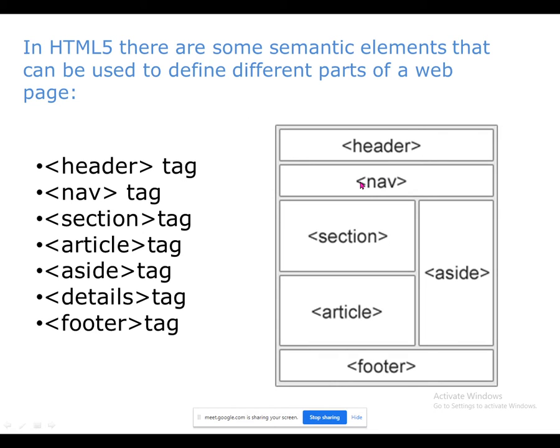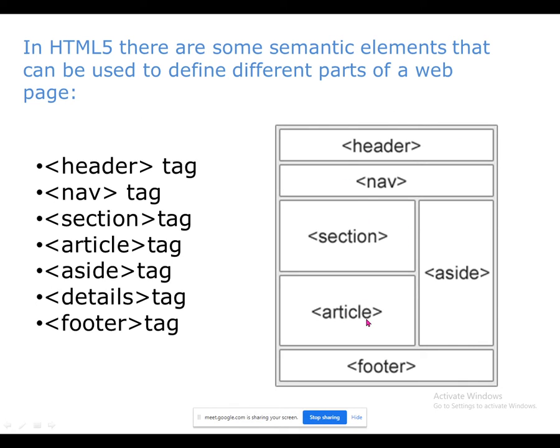Now, nav stands for navigation link. Navigation link means what? After this header, suppose I want to add some hyperlinks related to my web page. So I can use this part or section to add some hyperlinks. Now what are the section tags, article tags and aside tags? See, you can create a number of sections in your web page to bifurcate your information. And under the sections you can add articles. Okay, so I can create a number of sections to go on adding information, and under the sections you can add articles also.